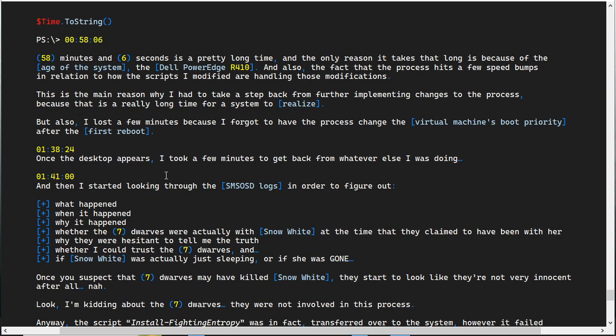Once the desktop appears, I took a few minutes to get back from whatever else I was doing. I think I might have been eating something. At 141, then I started to look through the SMOSD logs in order to figure out what happened, when it happened, why it happened,